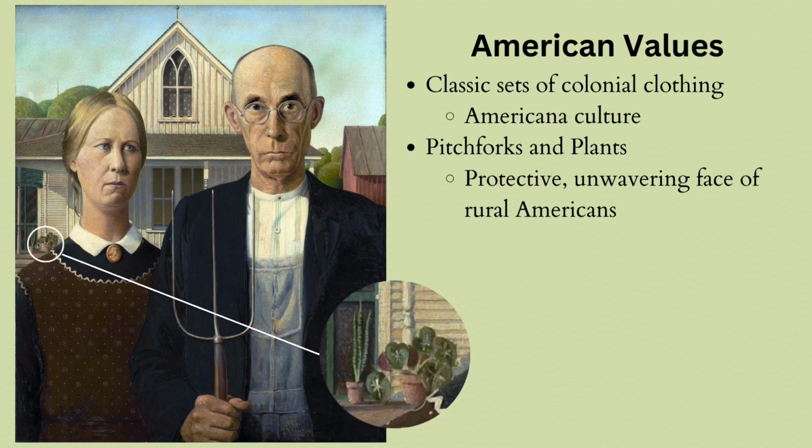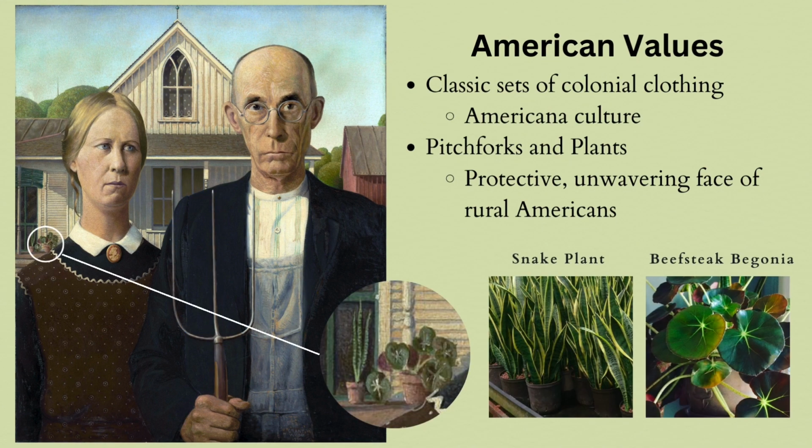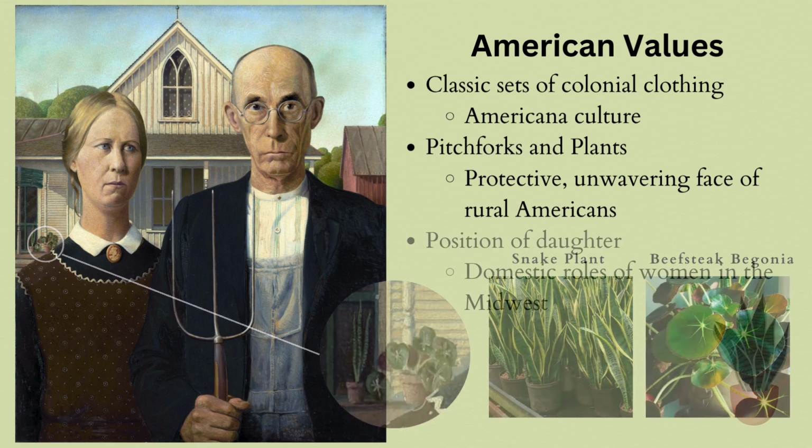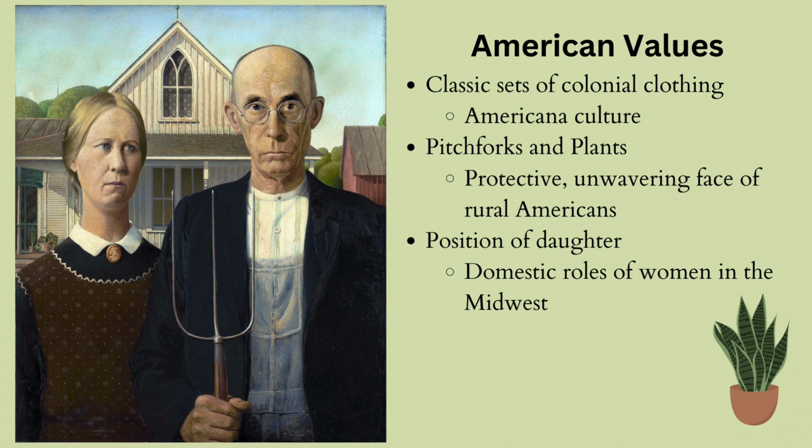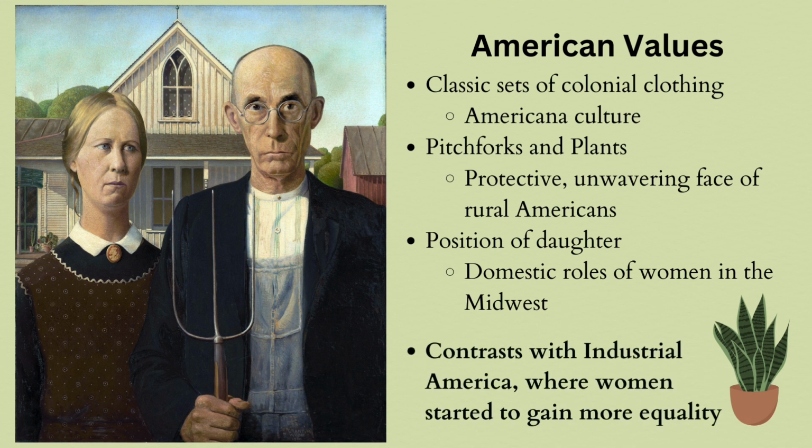Wood also depicts a snake plant and a beefsteak begonia on the porch of the house, which are both hardy, resilient plants, which add to his depiction of the tough, unwavering face of rural Americans, especially with the modernization of America. Traditional gender roles of Midwestern America were also shown through the positioning of the daughter behind the father, demonstrating the unchanging culture of the Midwest, in contrast to the changes in industrial areas where women were starting to gain